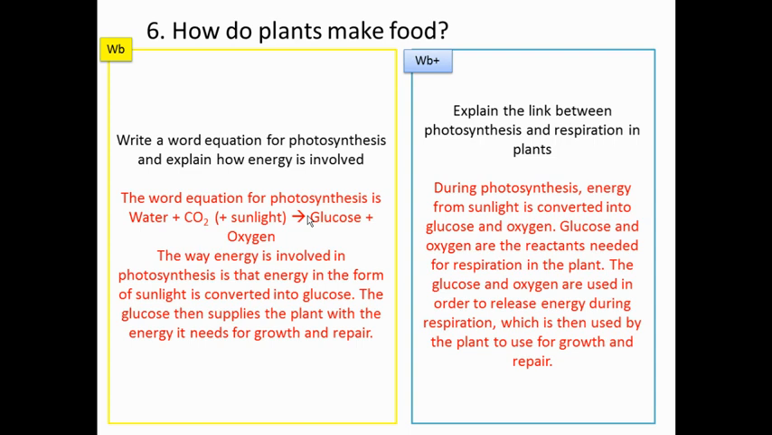So during photosynthesis, energy from sunlight is converted into glucose and oxygen. Glucose and oxygen are the reactants needed for respiration in the plant. Remember, this process of respiration is how energy is released. So the glucose and oxygen are used in order to release energy during respiration, which is then used by the plant for growth and repair. Okay, so